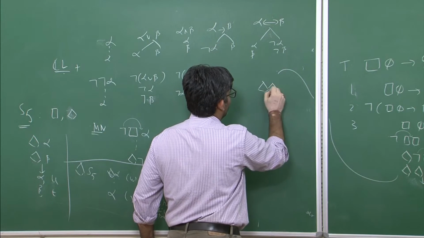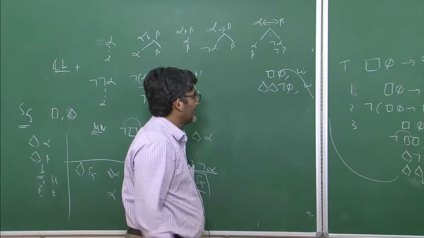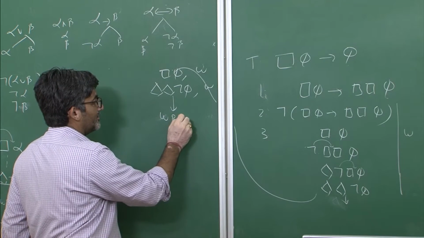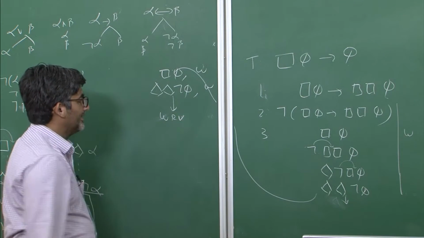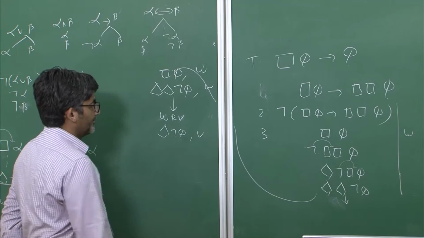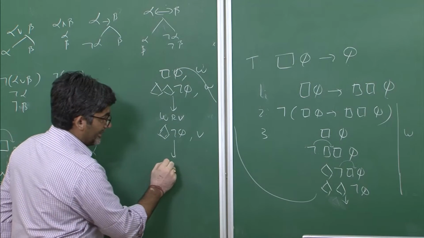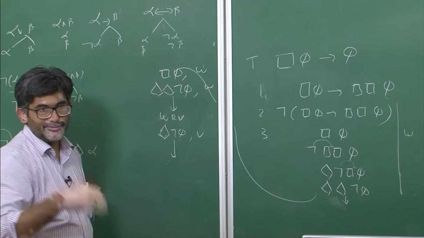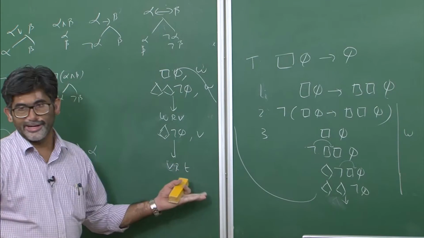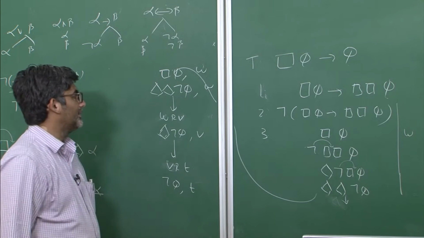So we have possibility of not phi, and then we have necessity of phi, which is true in a world W. Now first time when you remove this formula, then you have W is accessible to V. So you take a letter V, and then in that world V, this possibility of not phi is true. So now next time when you remove the same possibility operator, diamond operator, then you are moving from V to another world. So that means this V has to be accessible to some world, randomly I have taken T, and in that world T, not phi has to be true.